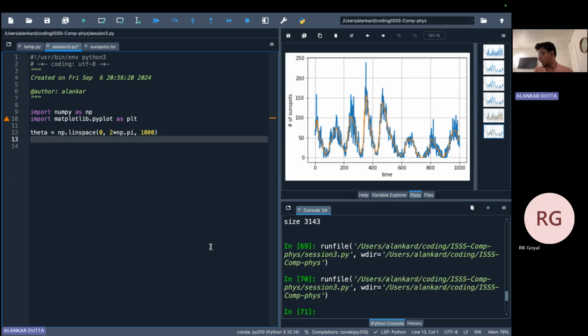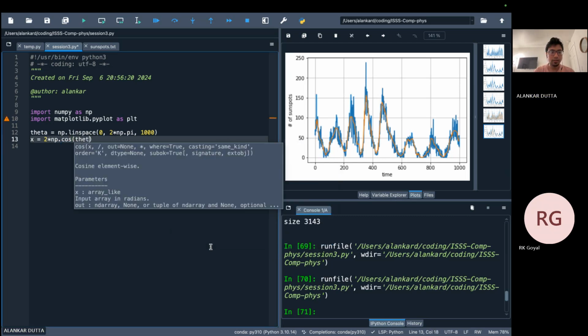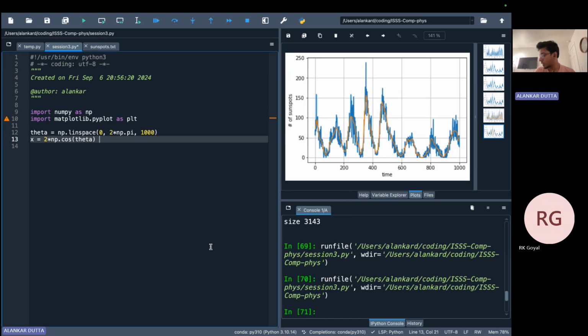Now we can use numpy, and the good thing about numpy is that you do not have to use for loops. Let's first write the code and then I'll explain. So x = 2 * np.cos(theta) + np.cos(2 * theta). Since theta is an array, it is going to